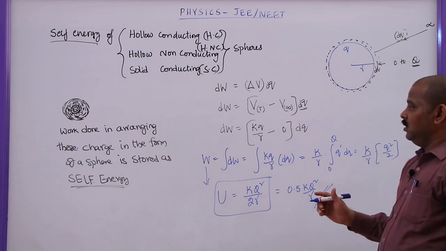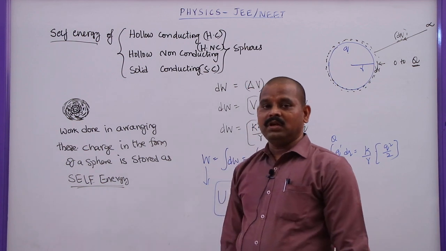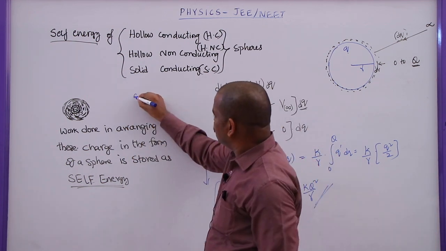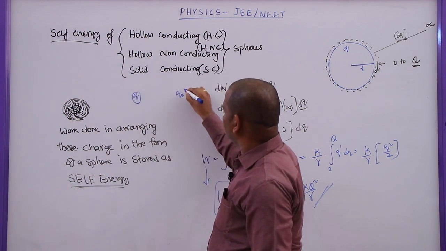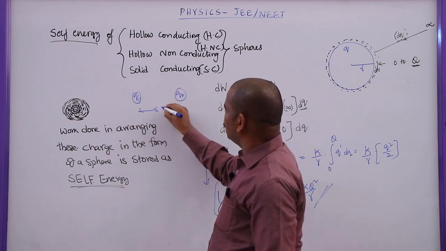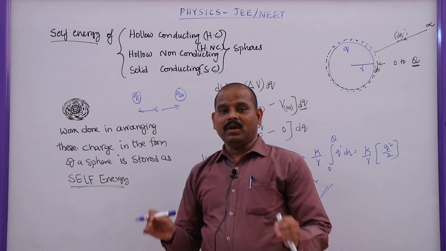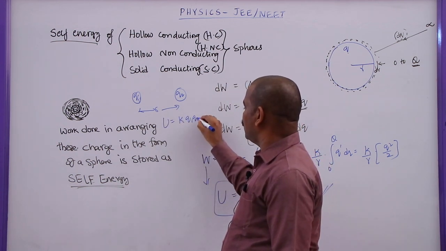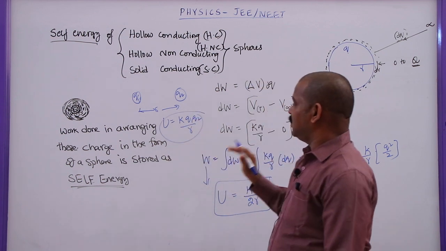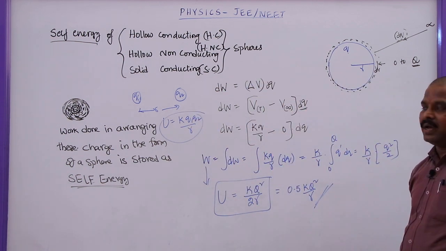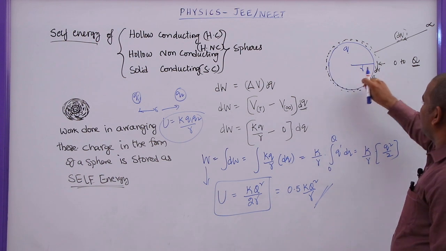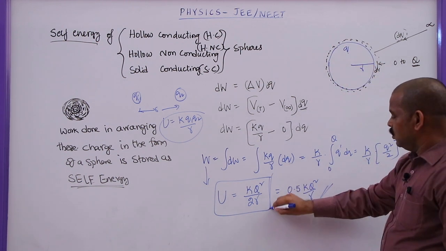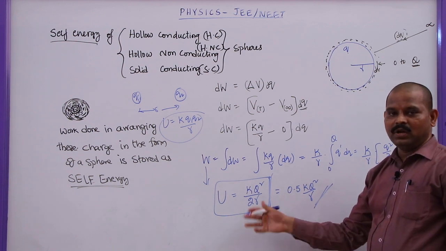In the previous lesson we studied the potential energy of two charges, that means the work done to arrange two charges. This is q1, this is q2. Let the distance between these two be r, and the work done to arrange these charges is given by U equal to k q1 q2 by r. But here I am not arranging two charges, I am arranging a large number of charges on the surface. So for this I have to do this much work. This work will be stored as energy.